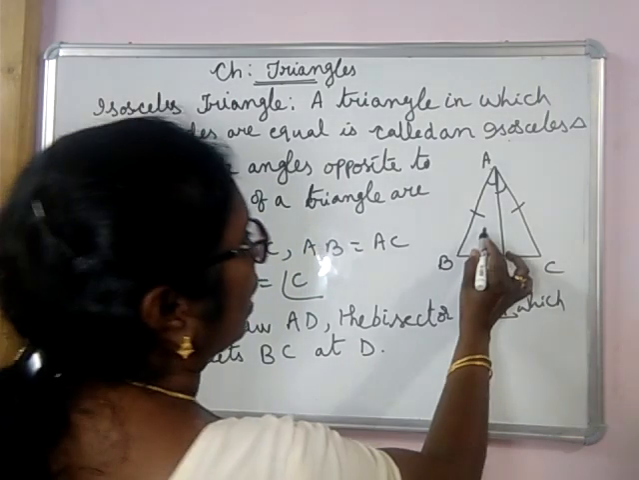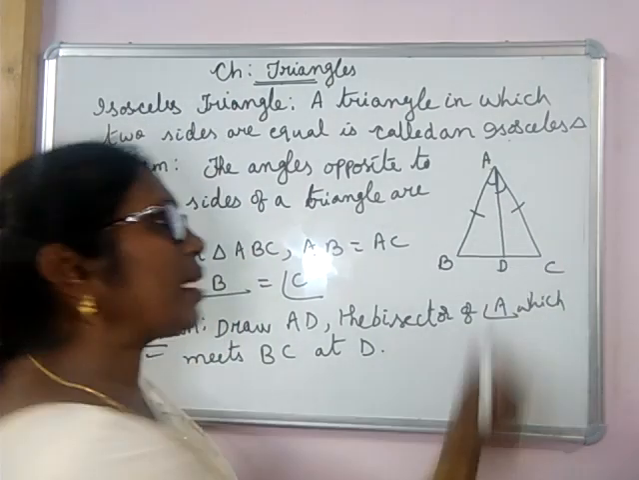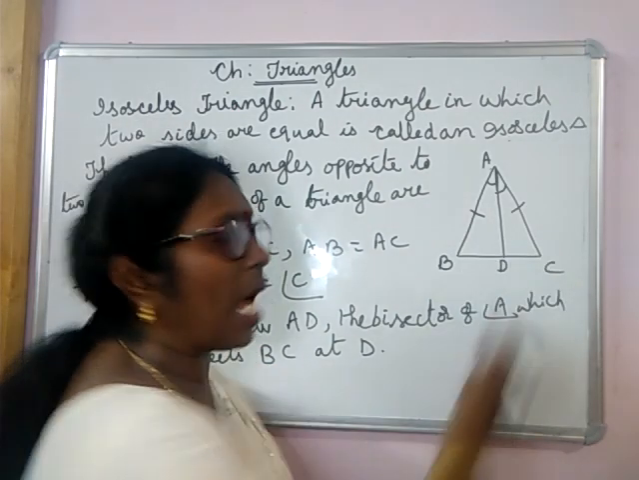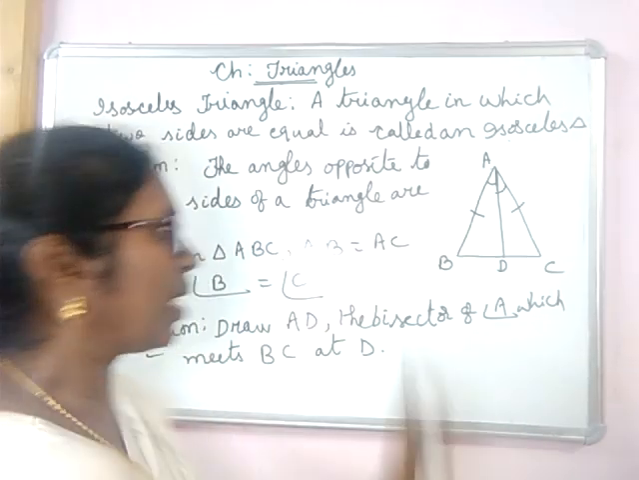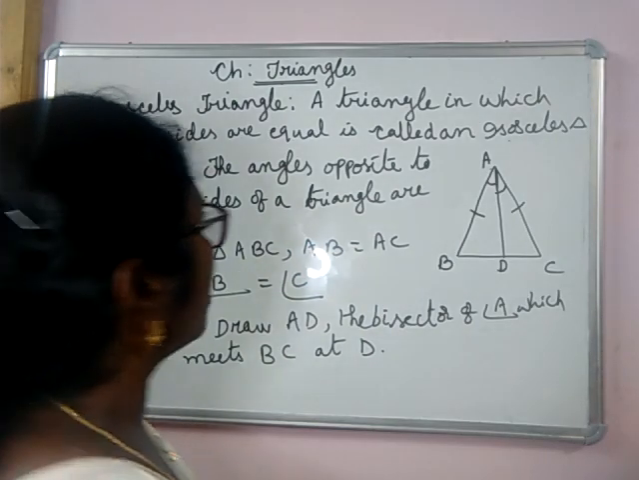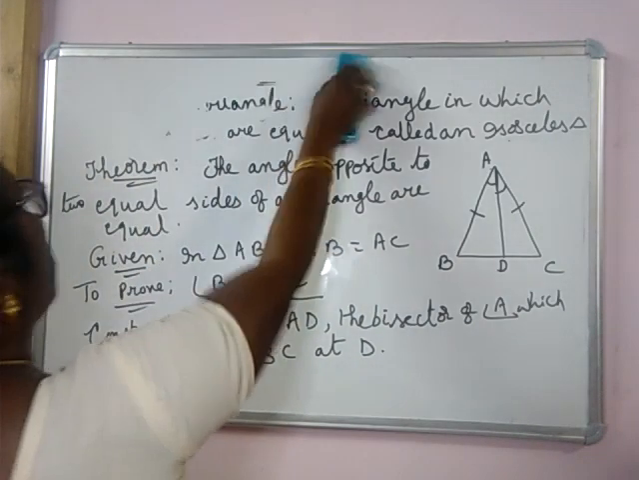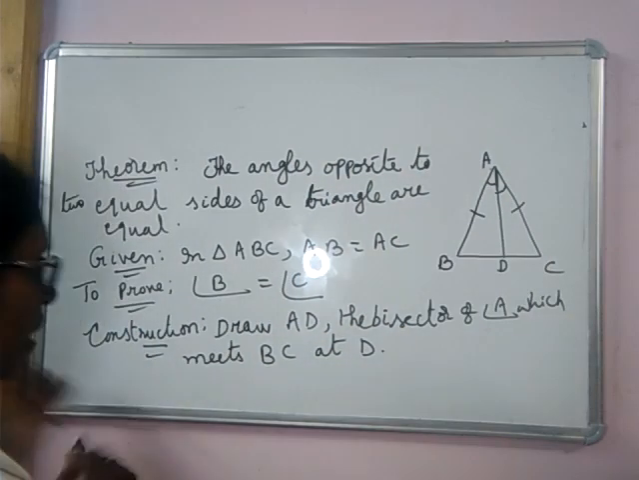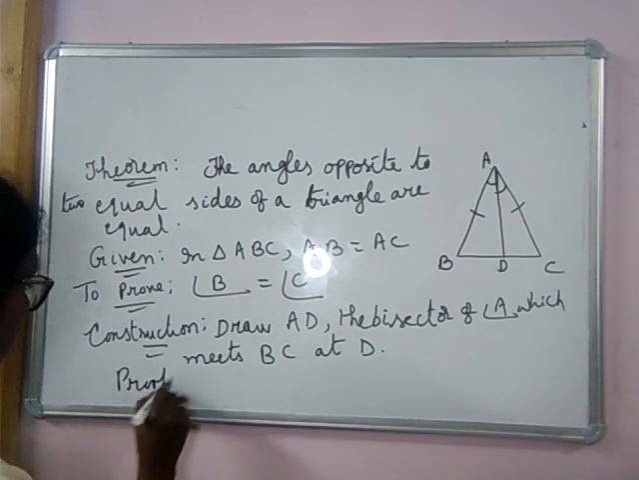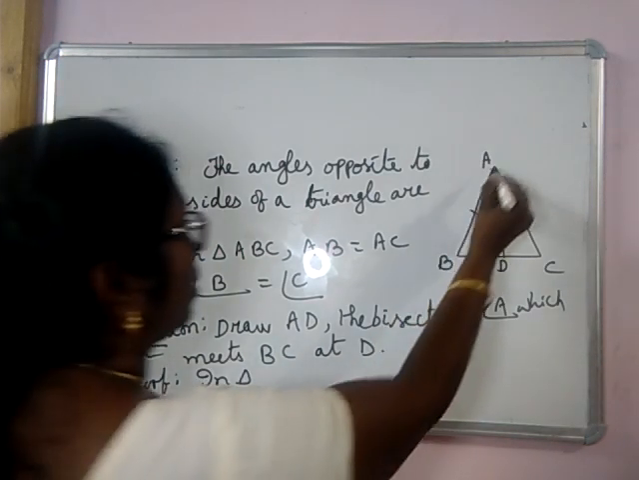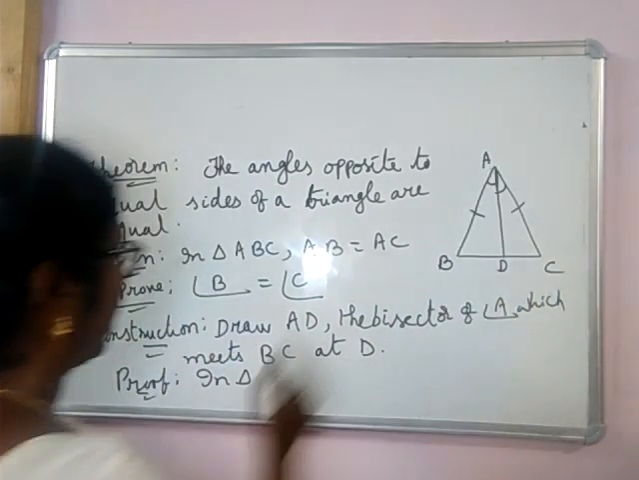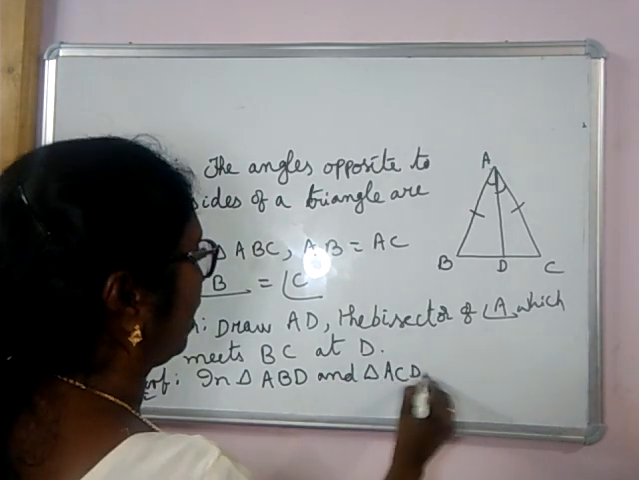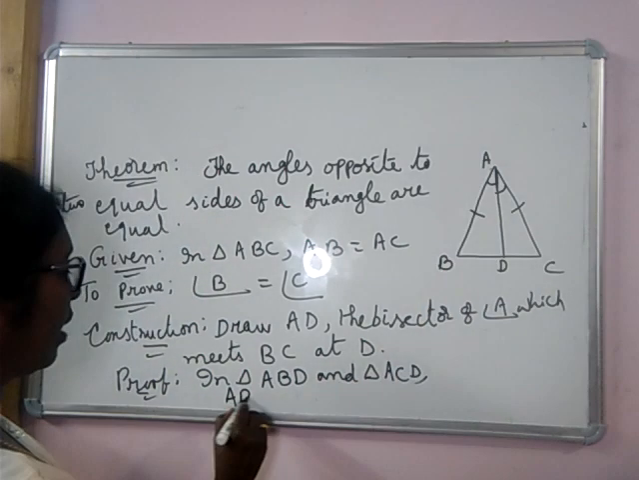Can you make these two triangles congruent? Once you are able to make these two triangles congruent, by CPCTC we can prove that angle B is equal to angle C. Can we prove or not? So let me rub the top portion and show the proof step. Okay, let me start here. Proof. In triangle ABD and triangle ACD,